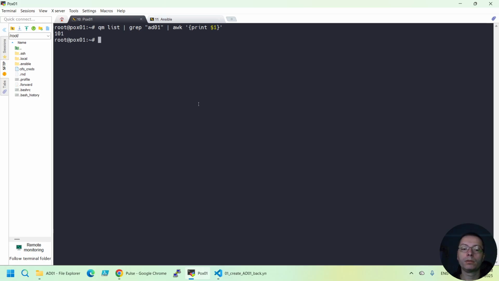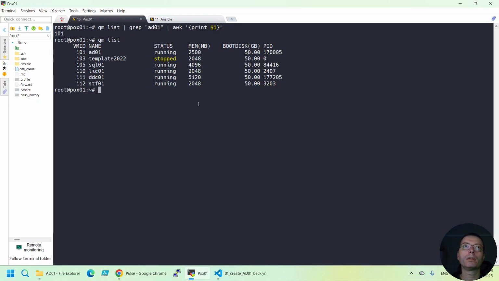So normally if you do QM list, then you will get all the VMs, and we are interested in this one. And the first filter is just a grep. We grep for the line that contains this text, AD01. Then we get the entire line, and we are interested only in the VM ID,